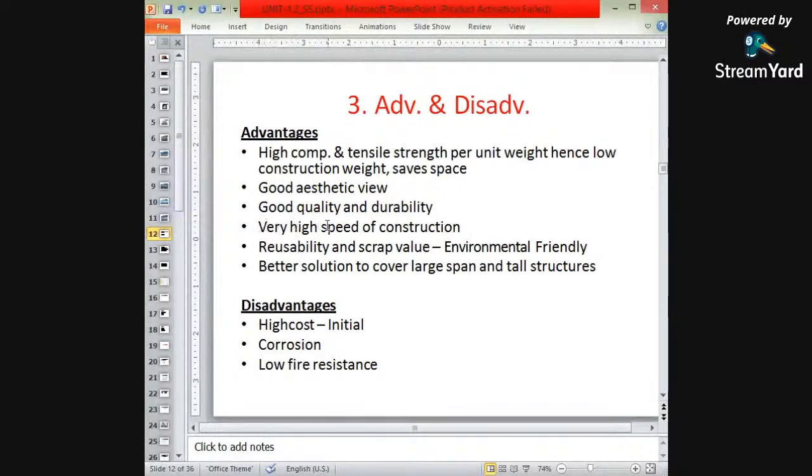The construction time: speedy construction can be taken care of with the help of steel structures. Okay,